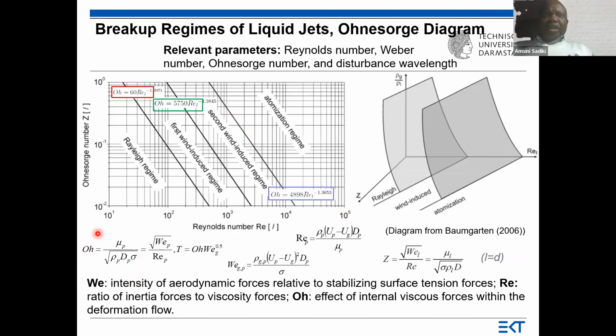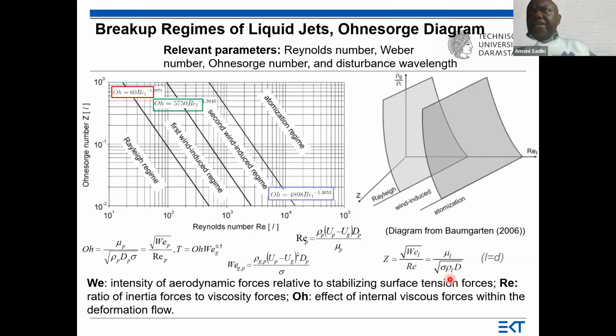I give you the Ohnesorge number here as a function of the Weber number based on the particle and the Reynolds number, and here based on the gas phase, the definition of the Weber number either as a function of gas phase density or particle density, and here we have the Reynolds number. And this quantity here, the Z, is what we had here. It is the Ohnesorge number. So